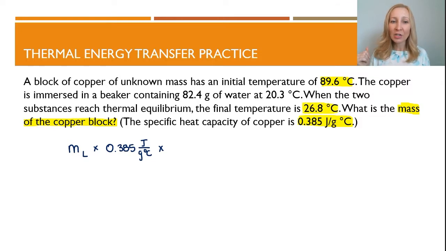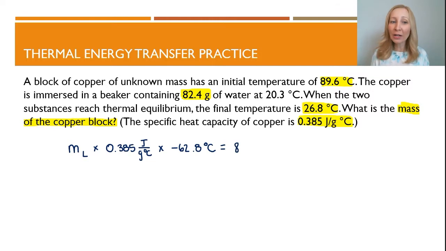So I'm going to take 26.8, the final temperature, minus the initial temperature, which is 89.6 degrees Celsius. So I plug those into my calculator, 26.8 minus 89.6, and I get negative 62.8 degrees Celsius. So this copper cooled down. So we have a negative 62.8 degrees Celsius. Now this is going to equal all of this energy that is lost by the copper,